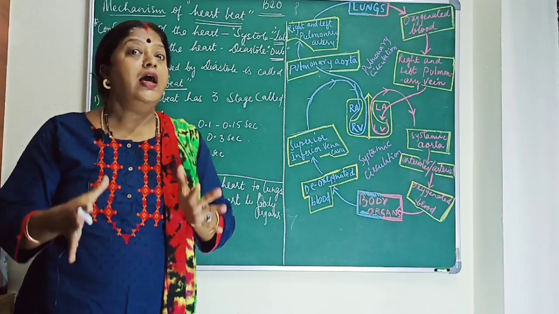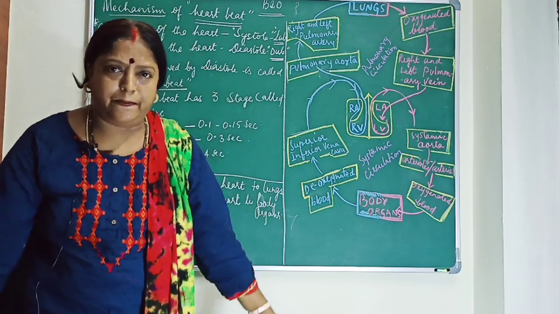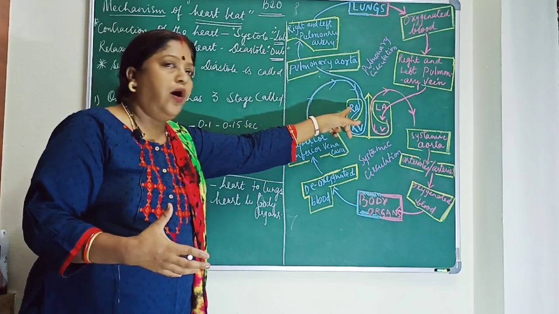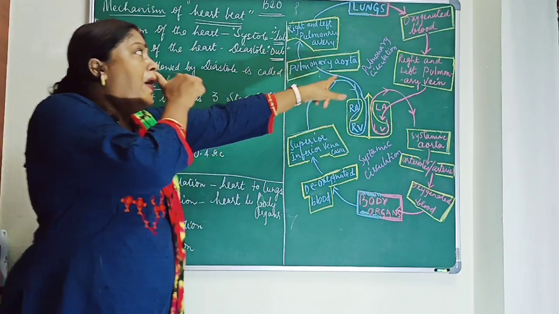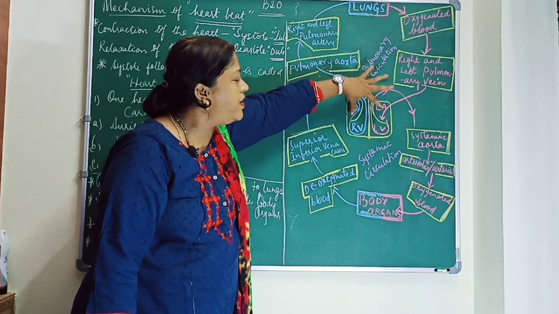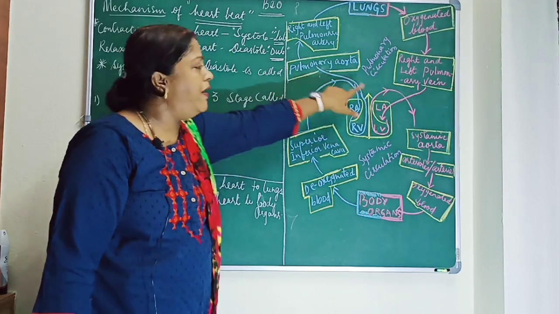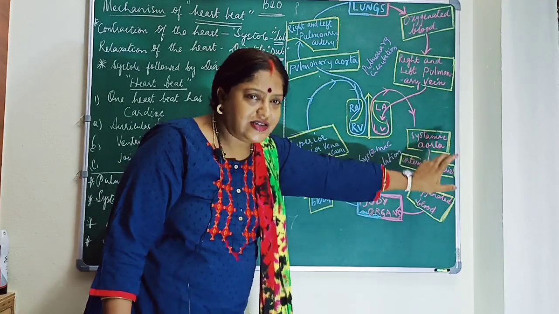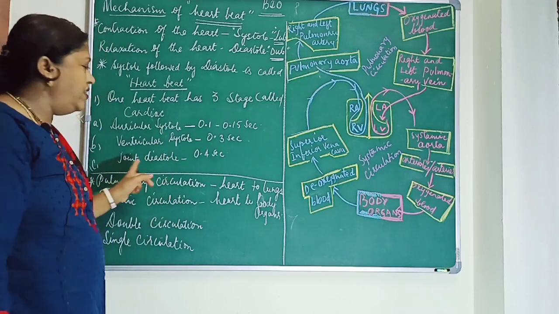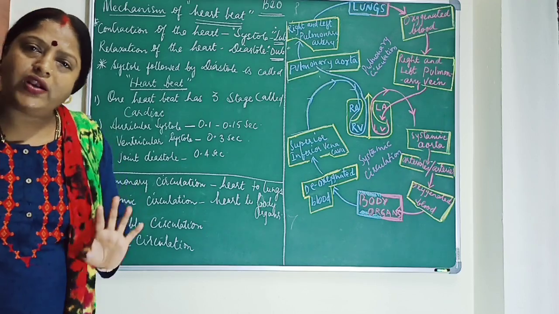Understood, children? We have already learned the right auricle is a center for deoxygenated blood. From all the body parts, the superior and inferior vena cava collect the blood and bring it to the auricles. Similarly, oxygenated blood is received from the lungs in the left auricle. Both the auricles contract and pump the blood into the ventricles. Both the ventricles contract and pump the blood into the blood vessels. That is the second stage, and then all the 4 chambers relax. That is called joint diastole. So one heartbeat has 3 stages, and that is what is called the cardiac cycle.